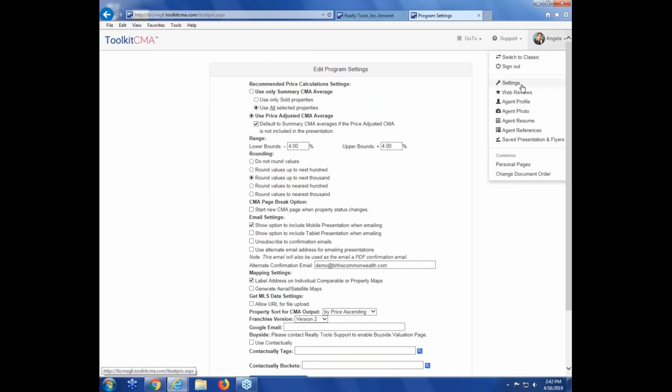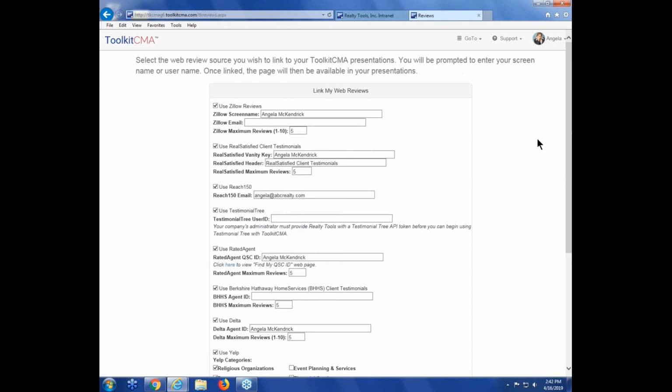The next option down is web reviews. If we click on that, this is where we can link the various testimonial sites to your Toolkit account. So if you have reviews on Zillow, Real Satisfied, Reach 150, Testimonial Tree, Rated Agent, or your Berkshire Hathaway HomeServices client testimonials, or Delta reviews, you can link these various sites to your Toolkit account by typing in either